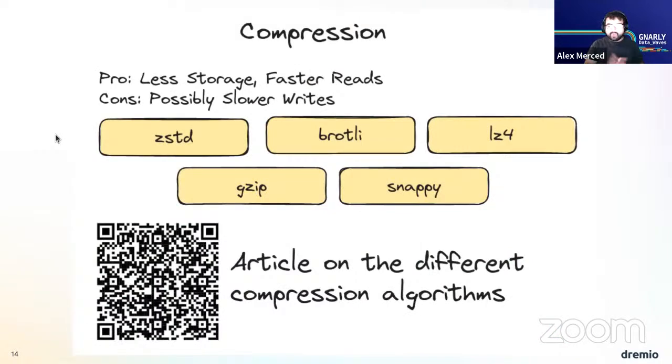And now, not only can how you write your data files improve your performance, but also compression. Compression doesn't necessarily increase or decrease the amount of actual records that have to be read. But what it does do is that a smaller file is going to have fewer bytes that need to be transferred over a network. If you're talking about a cluster of computers running a query, whether it's a Spark cluster, a Dremio cluster, or something like that, every time data moves from one machine to another, those are bytes going over a network. So if you have smaller files because you have good compression, you're transferring fewer bytes over the wire.